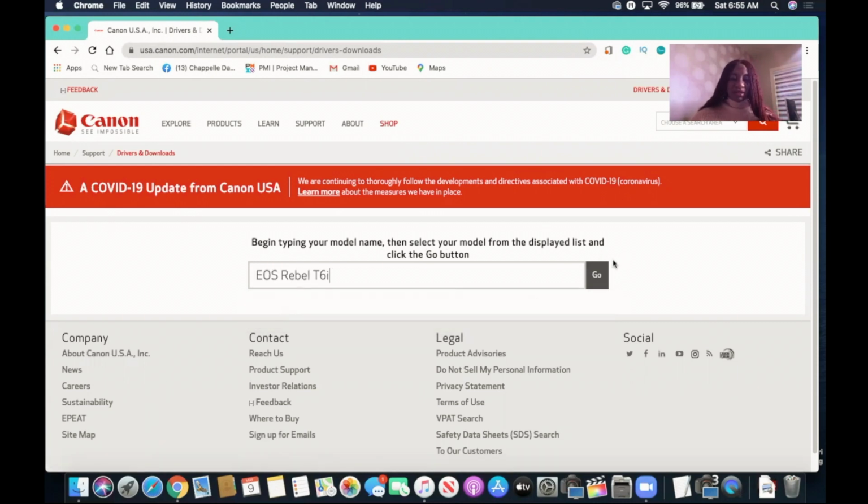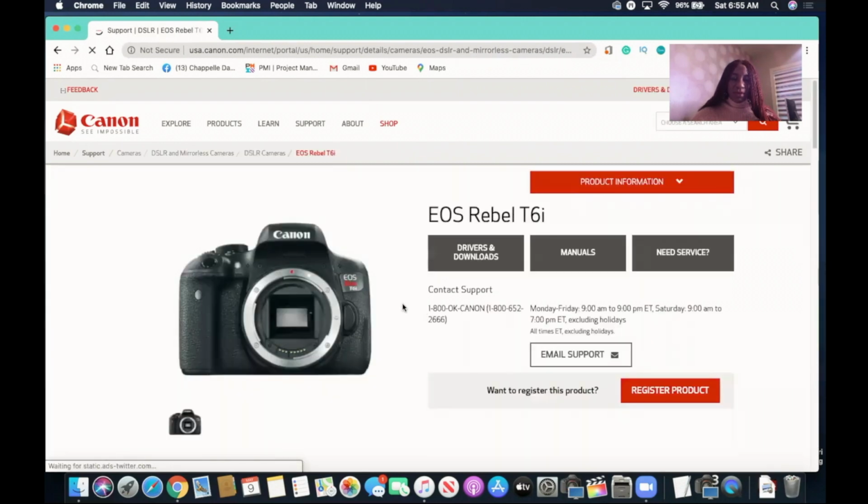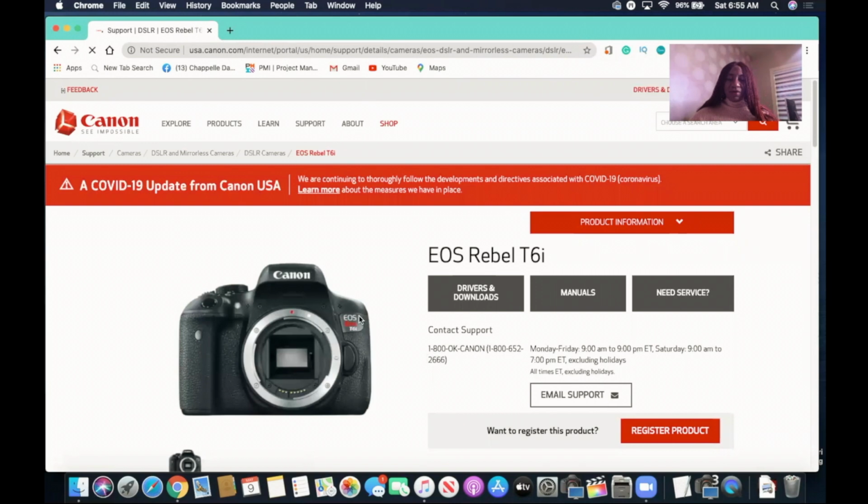So I select the first option and click go. Awesome. Now the next page shows me the picture of my camera, and on the right side it says drivers and downloads, manuals, need service. No, I need the drivers and downloads, so I'm going to click on